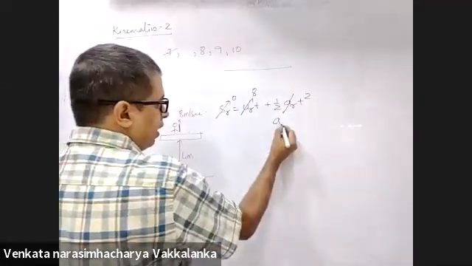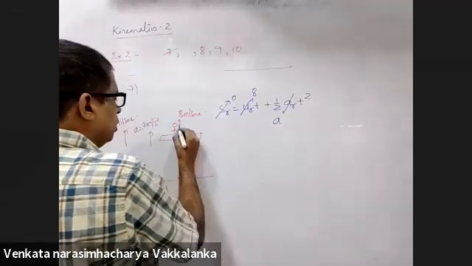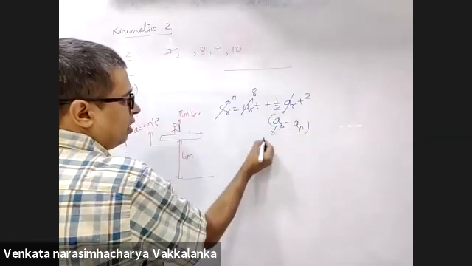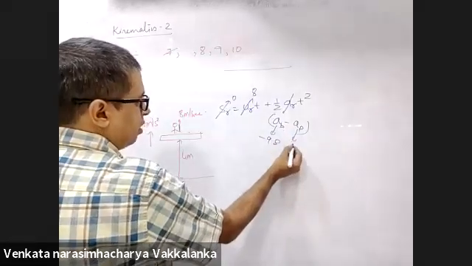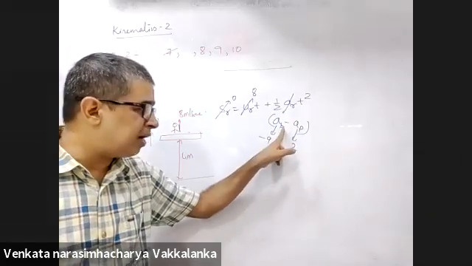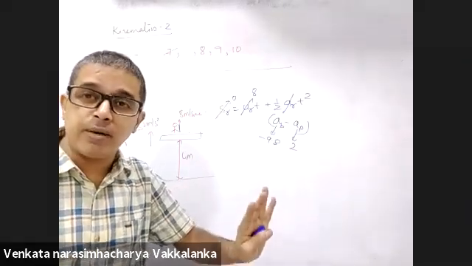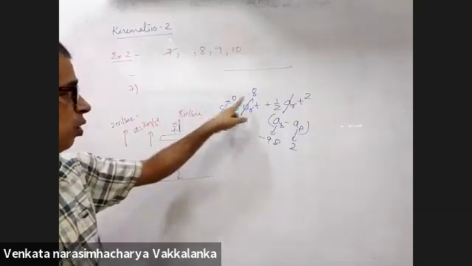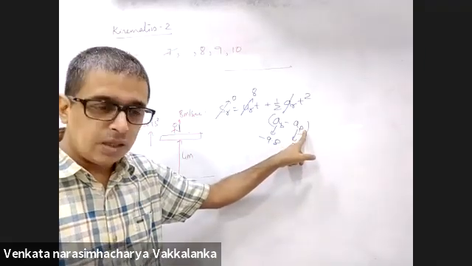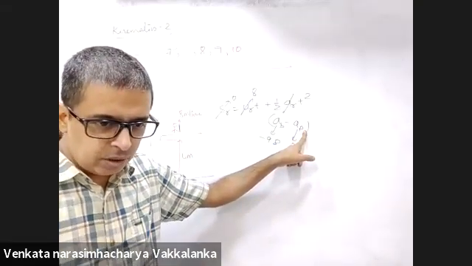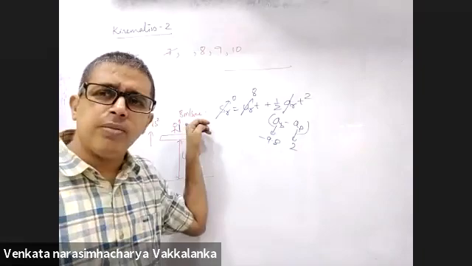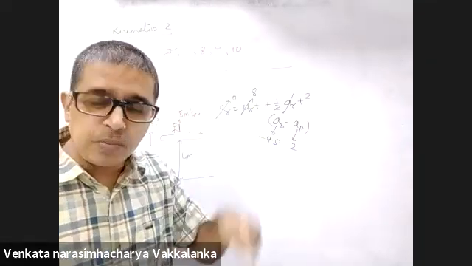Relative acceleration: acceleration of the body which was thrown minus acceleration of the platform. Acceleration of the body is minus 9.8. Acceleration of the platform is 2. Everything I took with respect to the platform, so the acceleration has to be with respect to the platform too. Displacement is 0. Upwards is positive. Acceleration of the body minus acceleration of the platform. Boy throws the ball, right? Shouldn't the relative velocity be 10? Look at the question once. He says 8 with respect to himself.